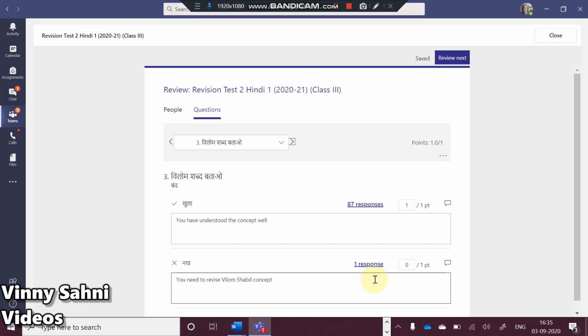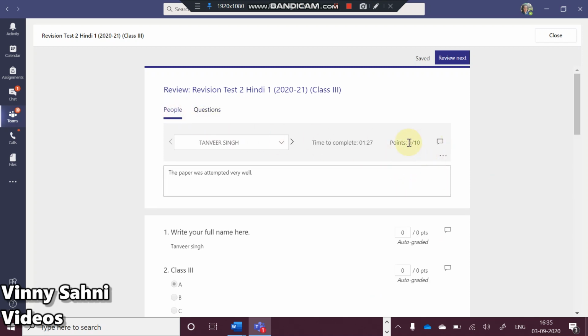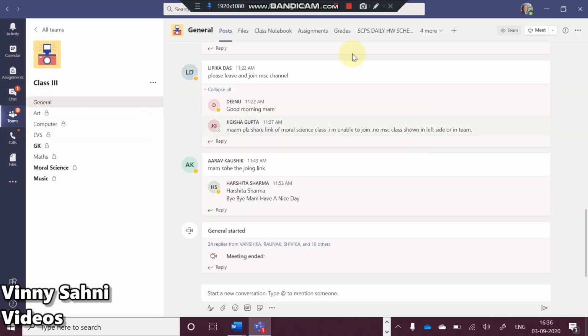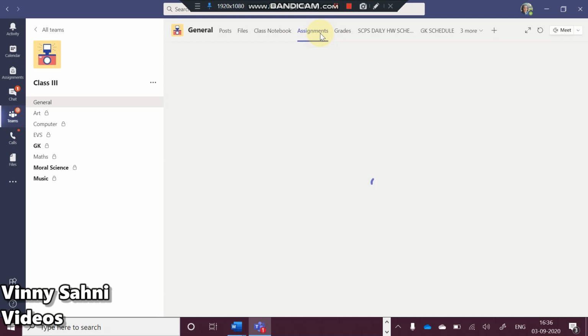okay, and remember the main comment has to be still given one by one, but you can do Control C, Control V, because the marks are clearly showing here as well. See, these are the points that are showing, so you can just keep on giving the main comment. So yes, this was about the comment. And also, once you have finished with the comments, what you have to do is how to return.